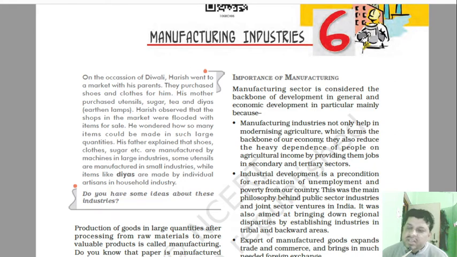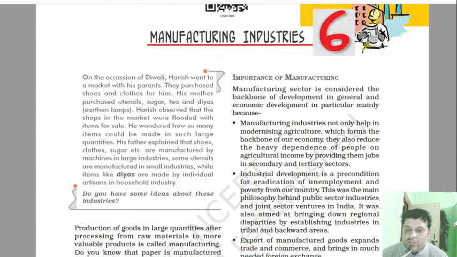Every moment we utilize various kinds of items in our daily life which are manufactured in industry. His father explained all these things: shoes, clothes, sugar, etc. are manufactured by machines in large industries. Some utensils are manufactured in small industries. Here we just try to notice that sugar and cloths are manufactured in large industries. It means industry may be large, where large production takes place. Some utensils are manufactured in small industries. Industries may be small in size in terms of production, in terms of investment, and in terms of